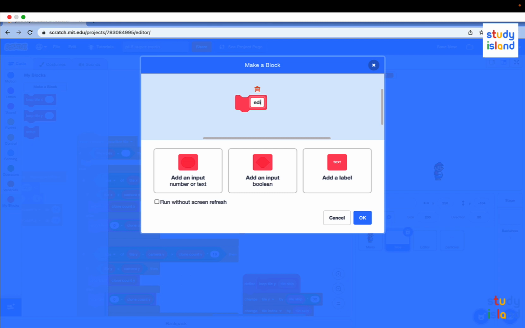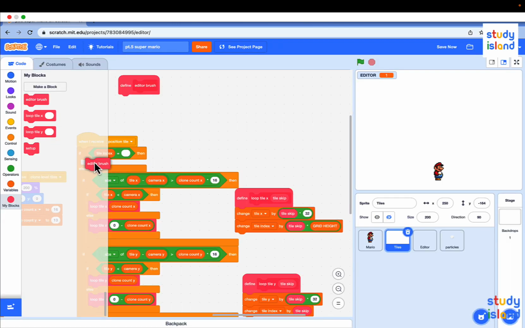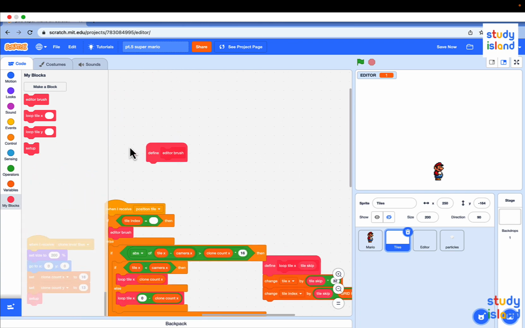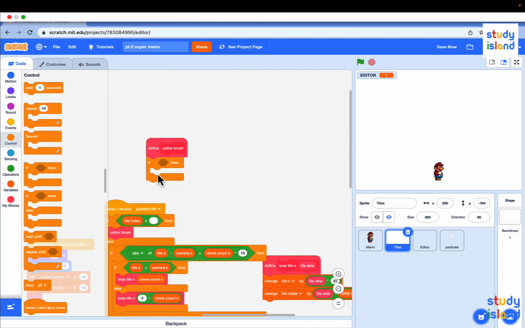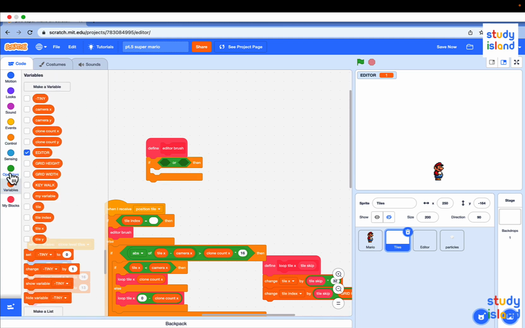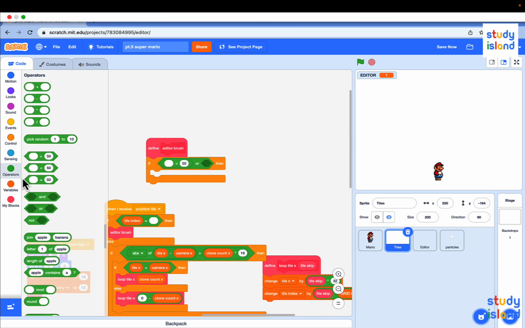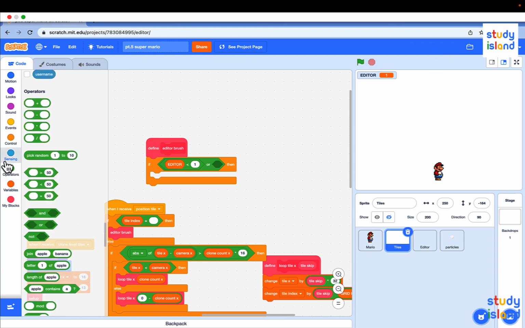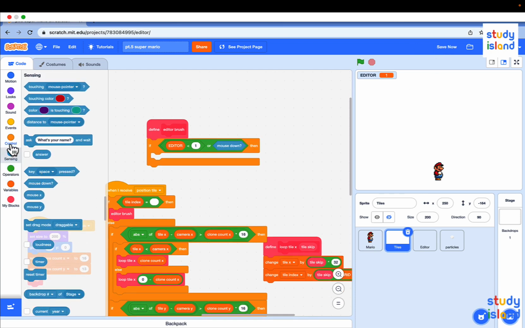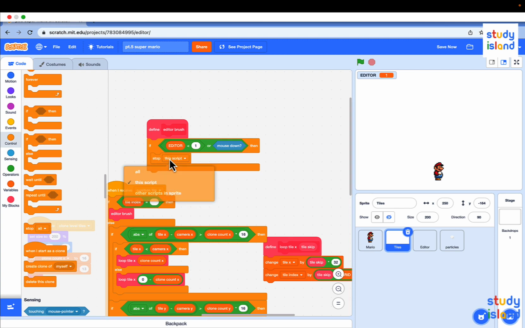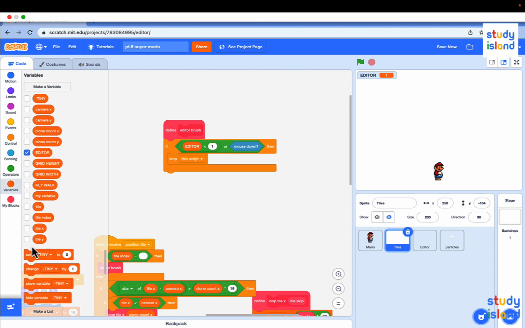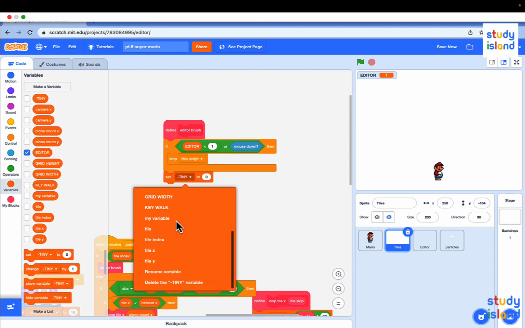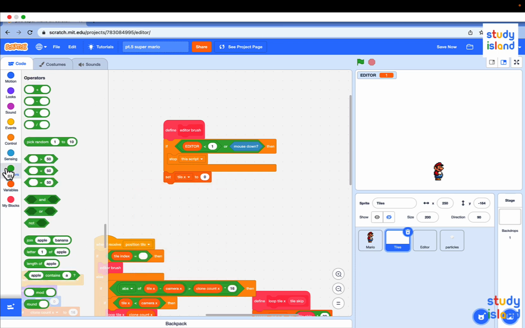Then make a new custom block named editor brush. Then without screen refresh. And put the editor brush in the if condition check. Then under the editor brush, put an if condition and go to operator, drag a or and drag a less on the left and go to variable, put an editor and put less than 1 like that, or mouse down and stop the script. Then under, put a set tile x to